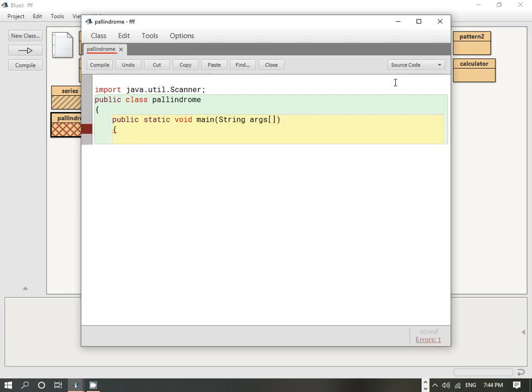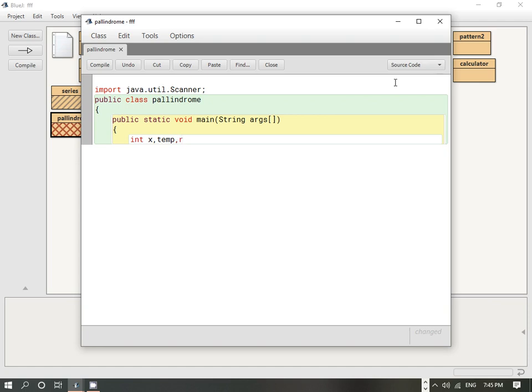Next we will declare all the variables which will be required for this program. So in this program we will need some variables. Suppose we take x to accept the number from the user. Then we will take a temporary variable which will store the value of x. Any variable name you can take. Then we will have to take a variable to find the remainder.